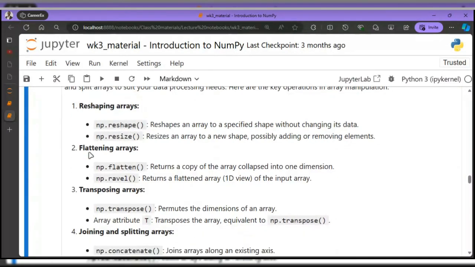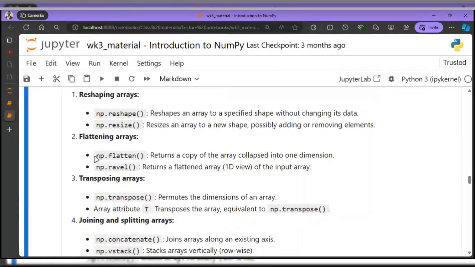We have another manipulation that we can perform on NumPy, which is flattening arrays. Under flattening, we have two methods that we can use mostly to perform this particular operation. We have np.flatten and we have np.ravel. These two methods basically do the same thing. One thing I like about Python generally is that you have multiple options of doing the same thing. You have different ways of achieving a particular